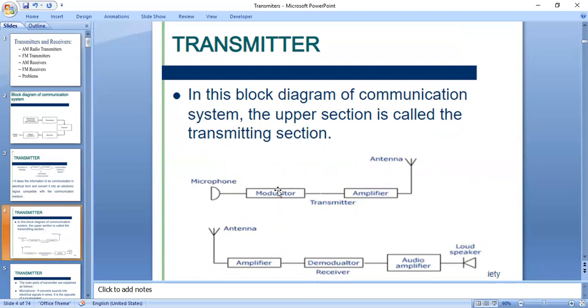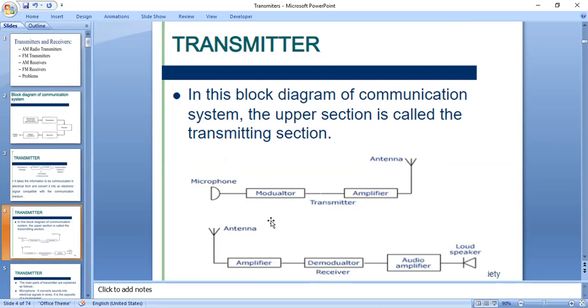And after that, we need a modulator, because the electrical signal, that is a low frequency signal, cannot travel long distances. So in order to transmit the signal over longer distances, we need to do modulation. So we need a circuitry that is called a modulator. Modulation is nothing but a process of changing the characteristics of the carrier signal with respect to the message signal. And we have an amplifier block, and we have a transmitting antenna here, and this transmitting antenna transmits the modulated signal